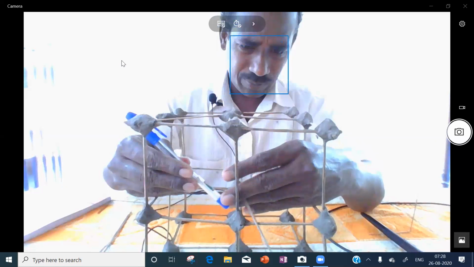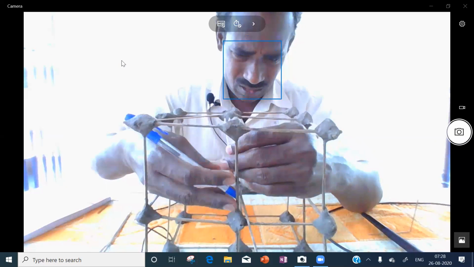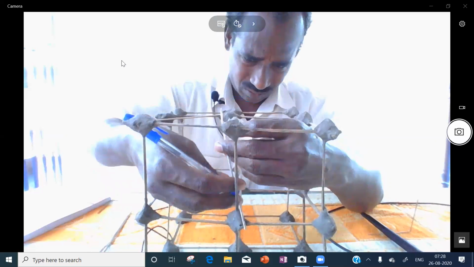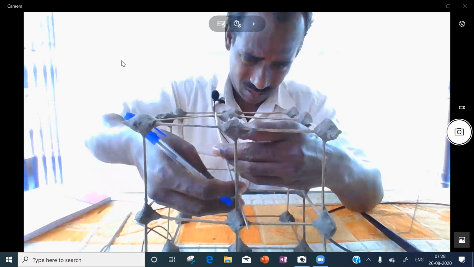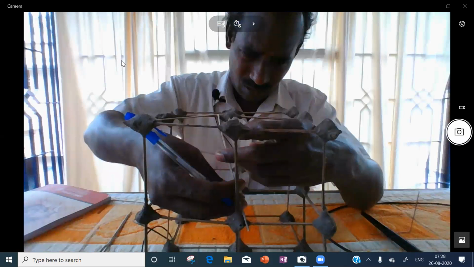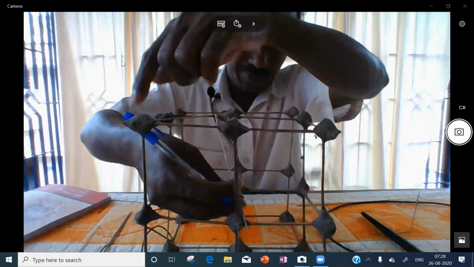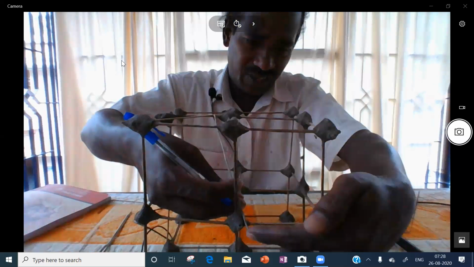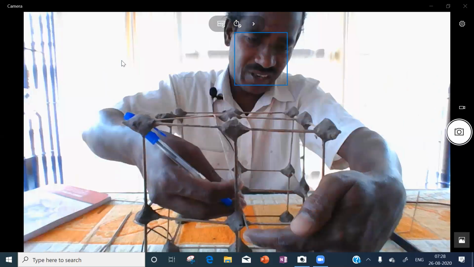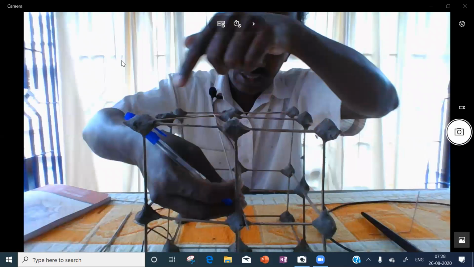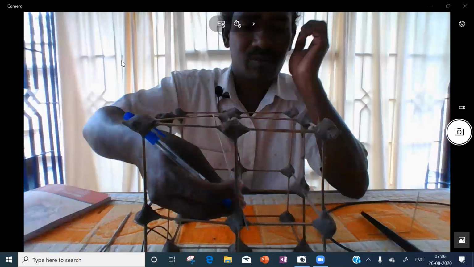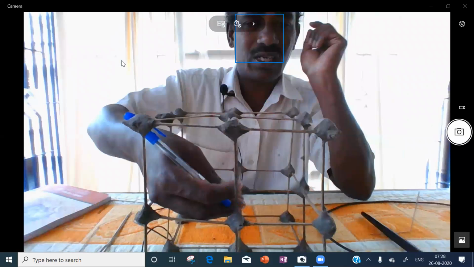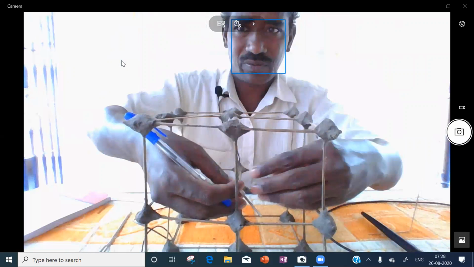Now we will see. How we are taking: this corner to front face, from front face to top face to corner. Is it one triangle?